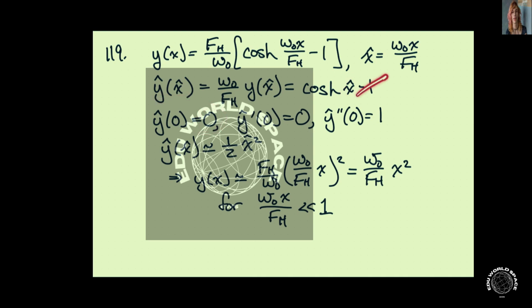So then this goes away. This becomes hyperbolic sine, and hyperbolic sine of 0 is 0. And so our first derivative at 0 is 0. And then we take two derivatives. This goes away. This becomes hyperbolic cosine again. With hyperbolics, the sign doesn't switch like it does with the regular trigonometric functions. So the second derivative evaluated at 0 is 1, which means this is our first non-trivial term